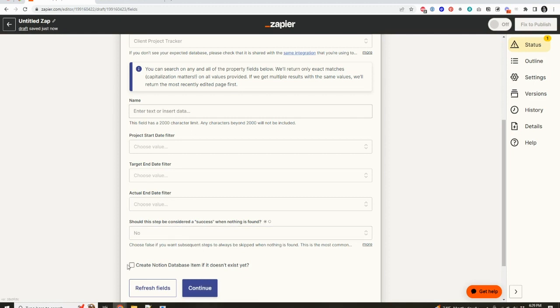That's fine. Another option is you can create it if it doesn't exist yet. But like I said, in this use case, it should always exist already. I don't want it to create it if it doesn't exist because probably something else went wrong and I need to look at it, and I don't want it to just create it and assume everything is okay. So